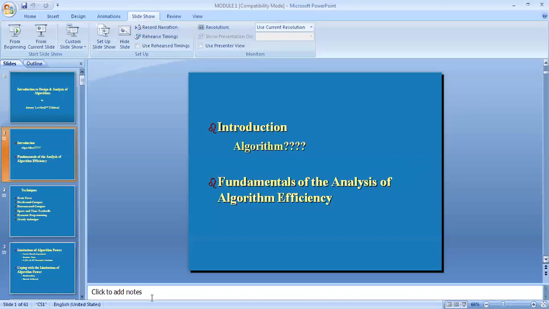Say for example, we are going to discuss how to find a GCD, greatest common divisor, of two integers using different methods. The first method is,